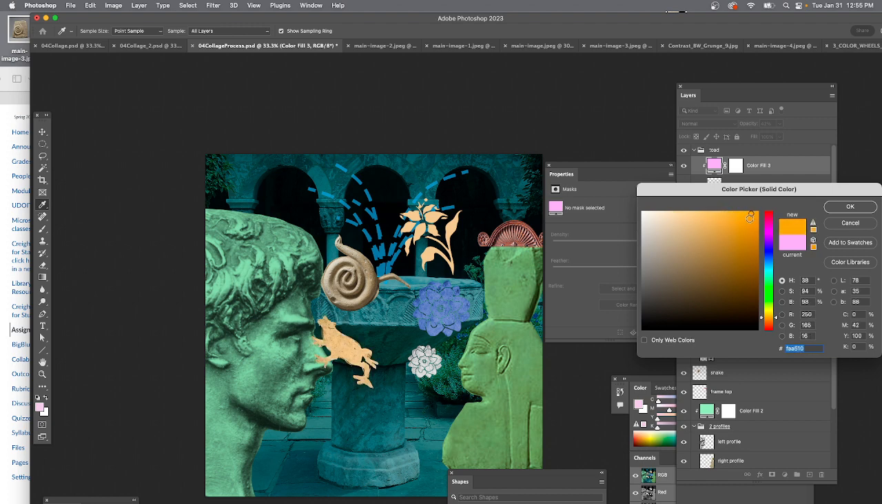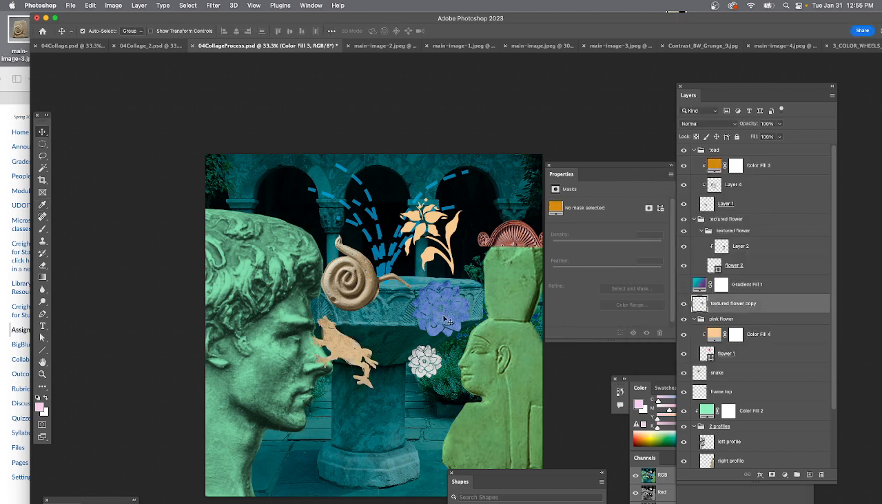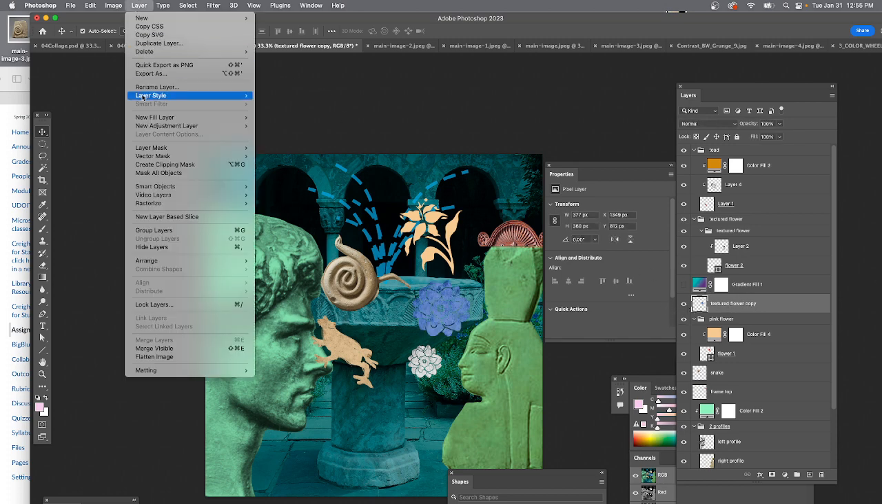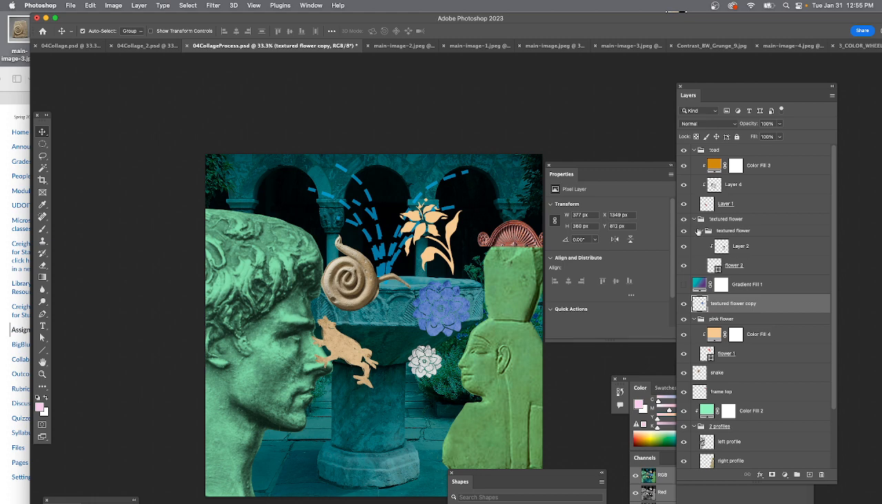Let's see. I don't want it to be so pretty. Maybe I'll do that. And this textured flower, I went ahead and went to layer, rasterize. It was a shape and I rasterized the shape, and I think I've got the textured flower somewhere in there. But right now it's